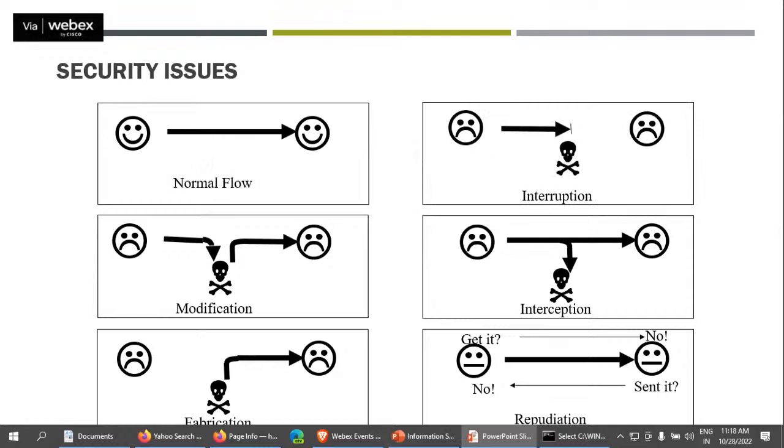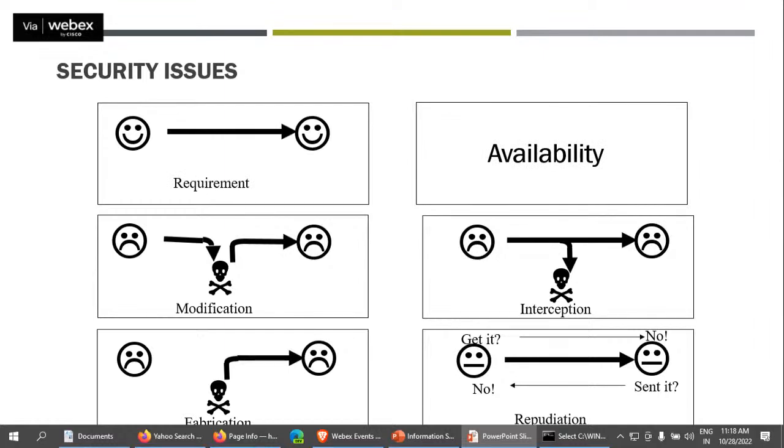See, whenever there is an interruption, it is an availability factor. Suppose we are using a website, and a 10th class or 12th class result is out. Everybody is checking the result. What is the result of the 10th? What is the 10th result?